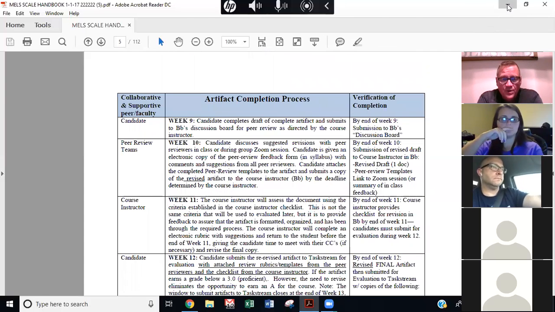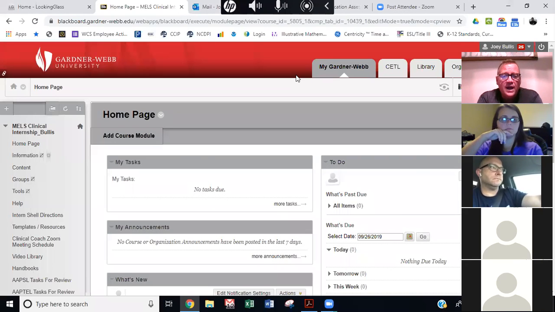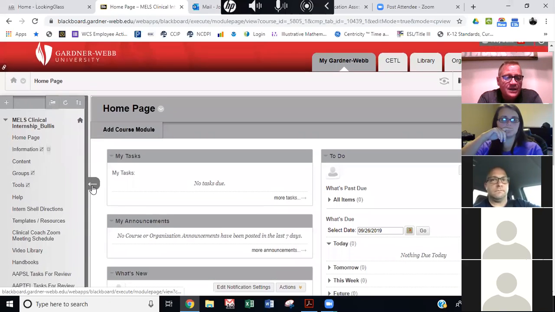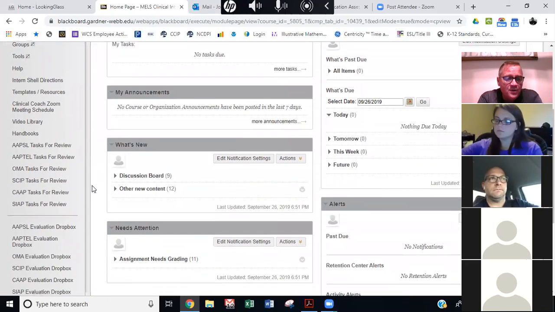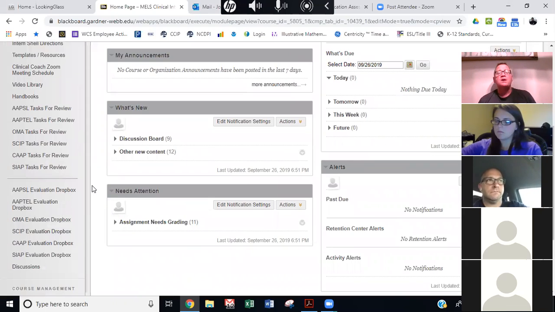So I'm going to do that and move over to the Blackboard shell. Now, I don't know if I need to review any of this. Do you feel comfortable? Just for the very nature of the task 1 and task 2 that I'm getting from this cohort and the process, everybody seems to be pretty familiar with the process and little hiccups at the beginning, which there always are. But I just want to make sure, does everyone feel comfortable with this process of working within the internship shell?